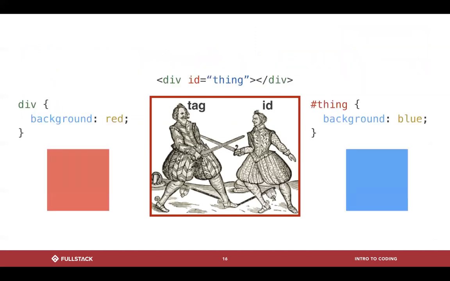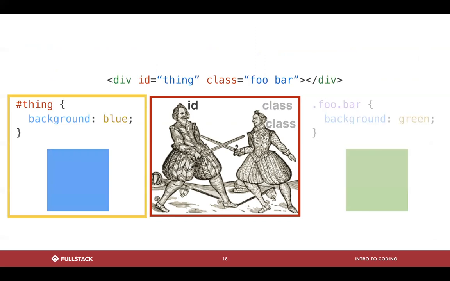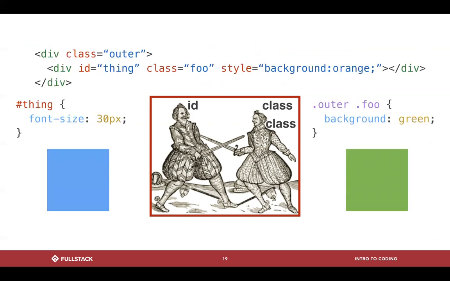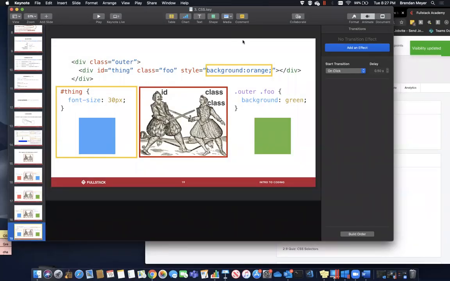Declarations conflict, right? An ID is going to be over a regular HTML tag. A class is going to beat a regular HTML tag. An ID is going to beat a class. And then an inline style is going to beat anything else. Okay. So